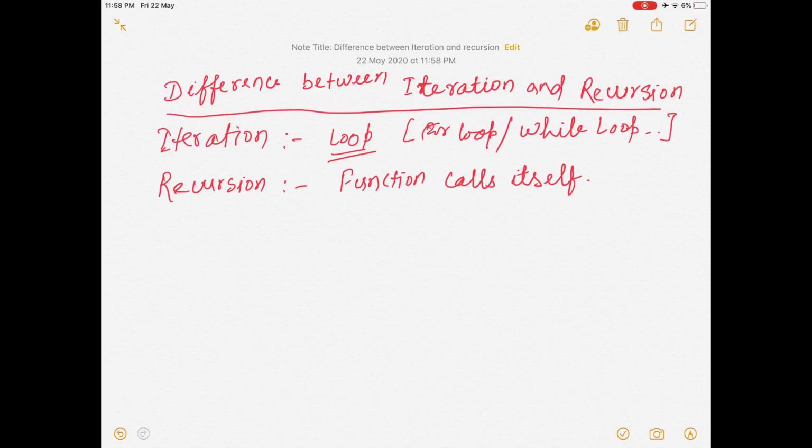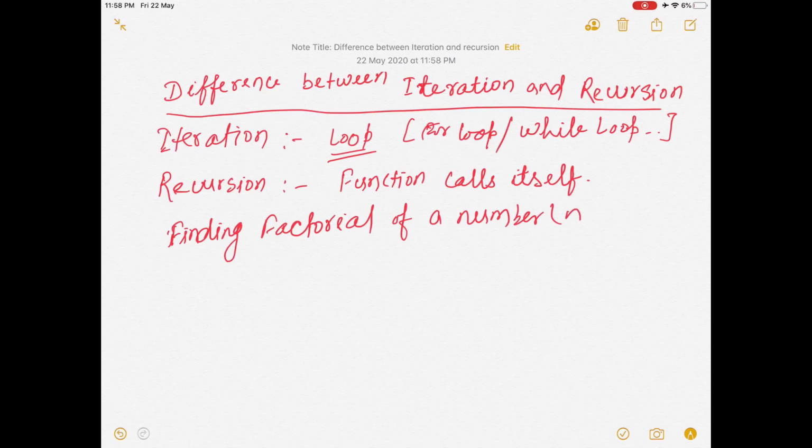To understand this difference, we are going to use C language to write our code, so things will be clear. We are going to take a very popular problem, that is finding the factorial of a number N. So what is factorial?